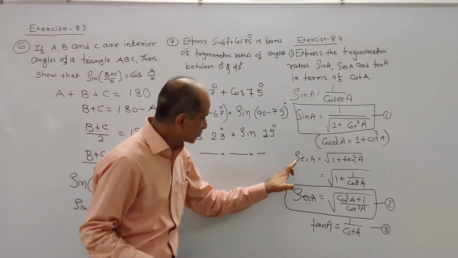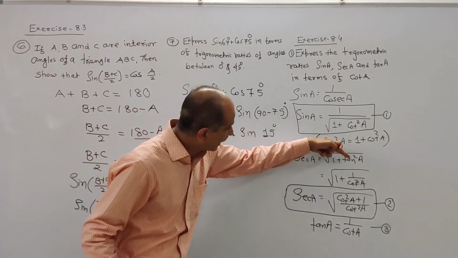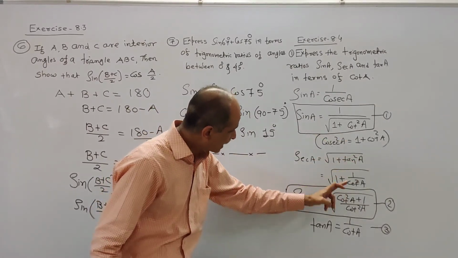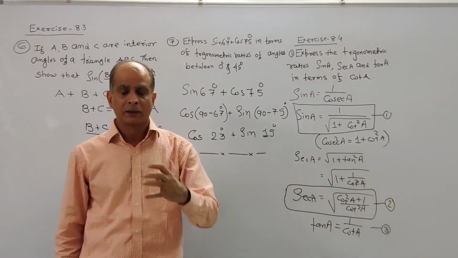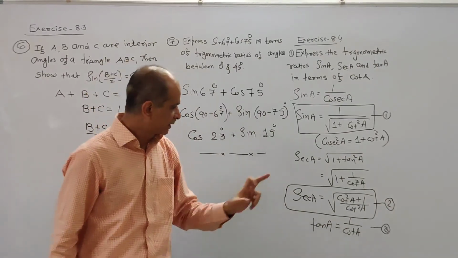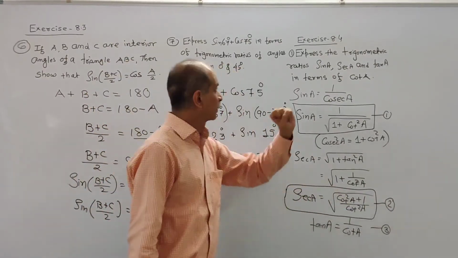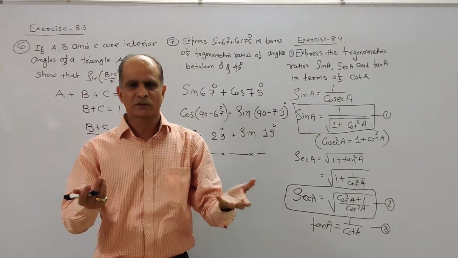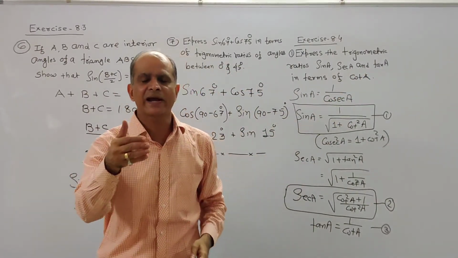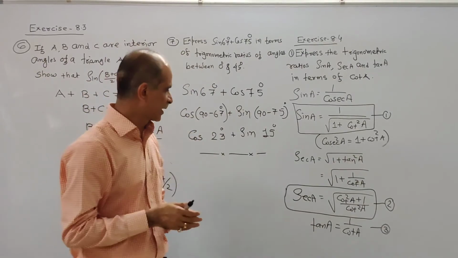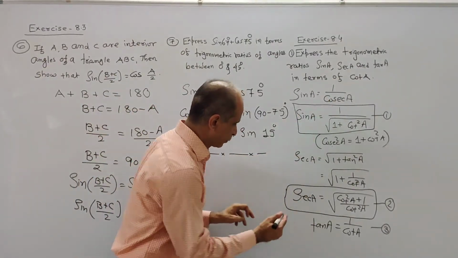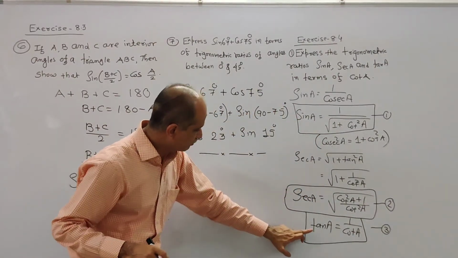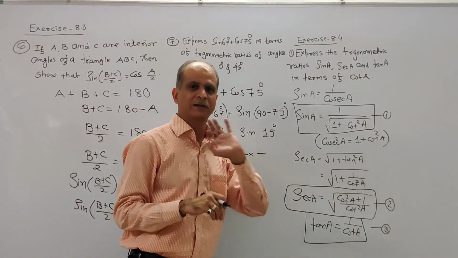For that, first you have to convert sec into tan. Then you have to convert tan into cot. By simplifying, you will get the relation between sec and cot. Now the last one, tan in terms of cot. You know this. It is one ready-made formula because tan and cot are inverse of each other. So tan A is equal to 1 upon cot A. So this is the relationship between tan A and cot A.